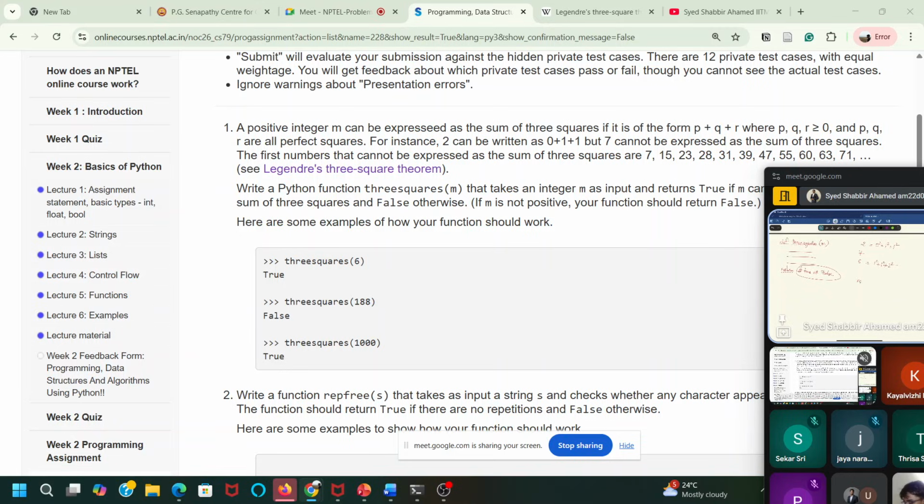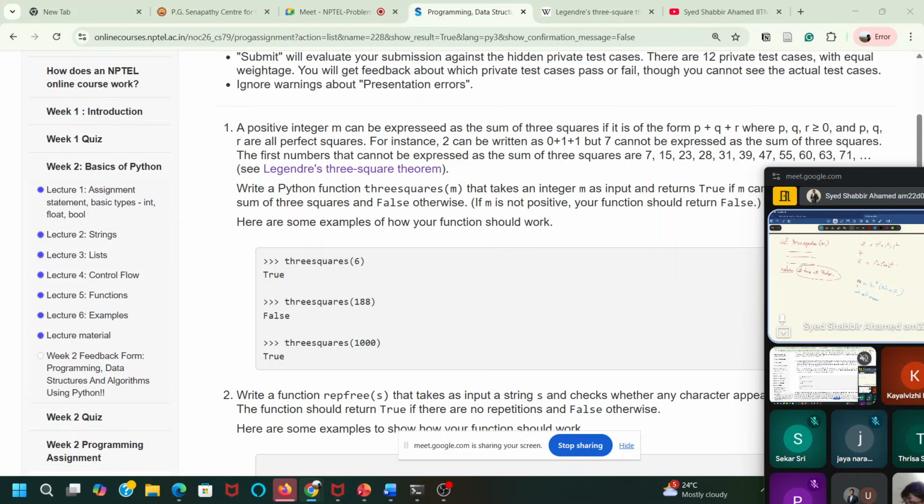So if you have a number m, and you can write the number as 4 power a into 8 times b plus 7, then it means that m cannot be expressed as sum of three squares.